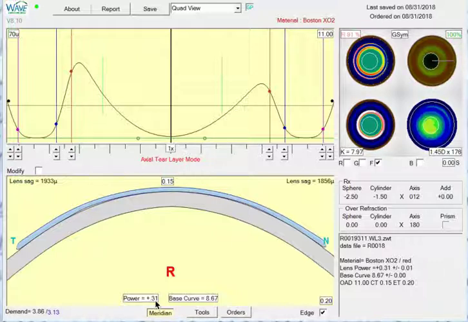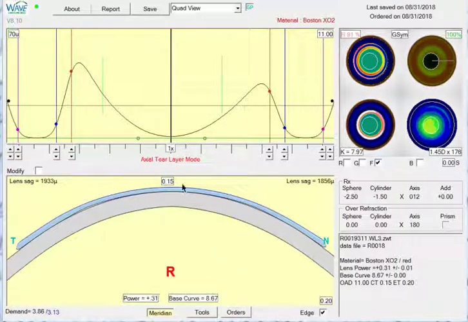And when we're looking to flatten the base curve by a certain amount or steepen the base curve by a certain amount of diopters, it's nice to just look at the power. If you're a seasoned contact lens practitioner or you do math really quickly in your head, then you can look at the base curve. But I like to use the power because what Wave does is as you flatten the base curve or steepen the base curve, the Wave software will adjust the power accordingly. So if we flatten the base curve, the ending lens will have a power of 1.31 because Wave knows if we flatten the base curve by a diopter, we're going to need about a diopter more plus in the lens power so that we have the equivalent